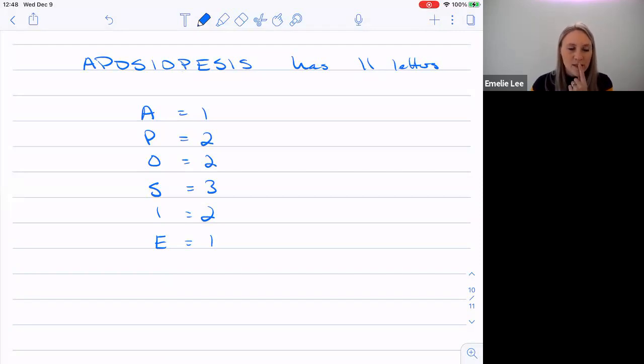Okay. So what we have to do is take 11 factorial divided by,